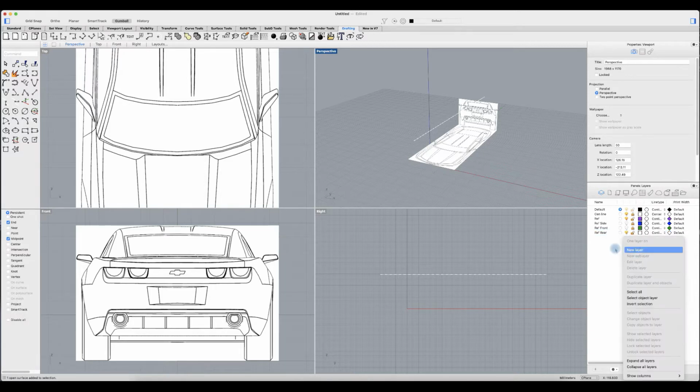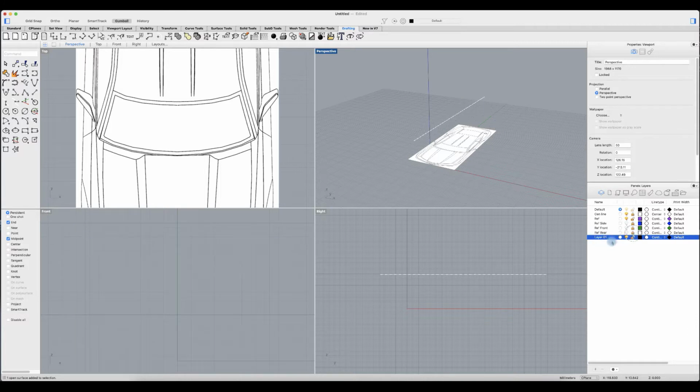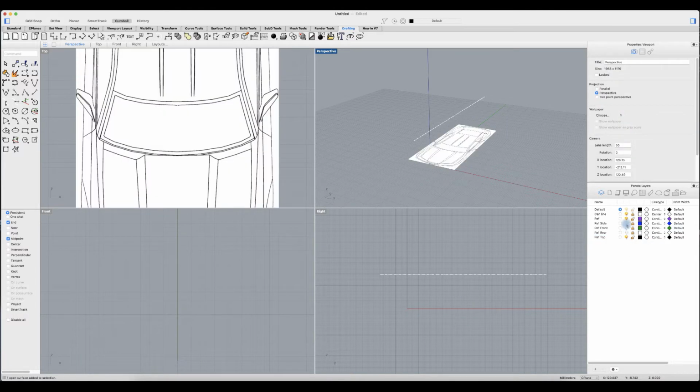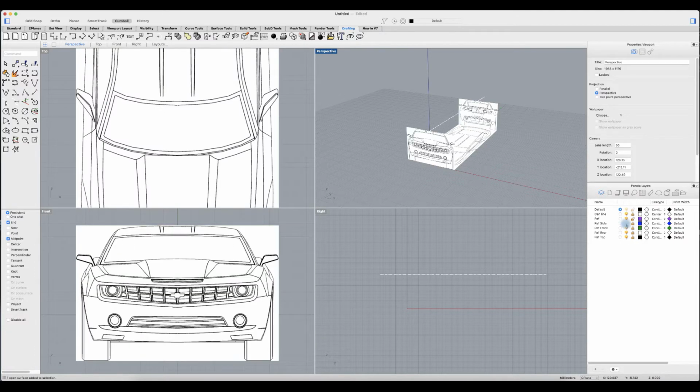And right click, new layer. I do have reference top, and I haven't yet placed that in there. So select the asset, right click, change object layer, and there we go. So we do have this